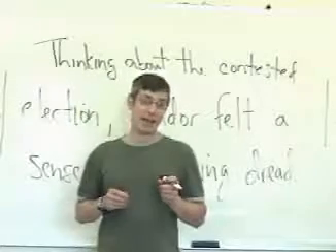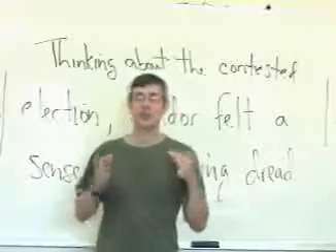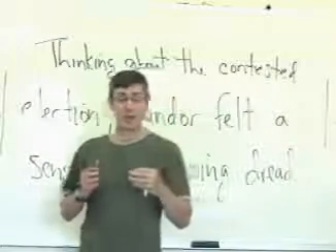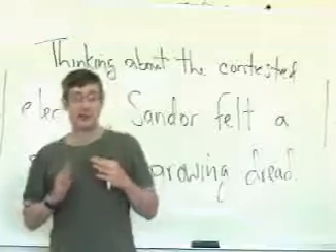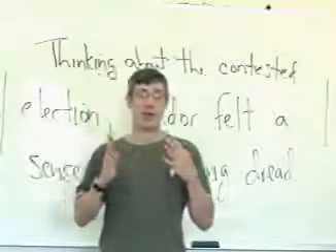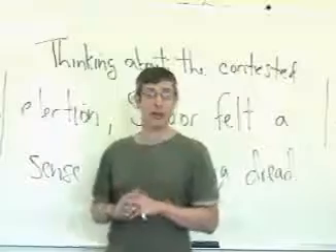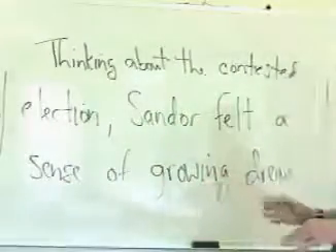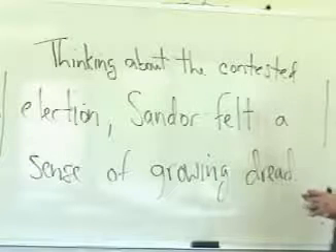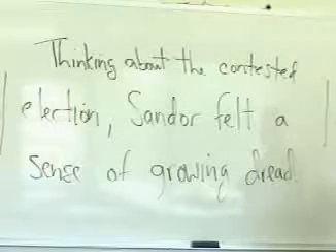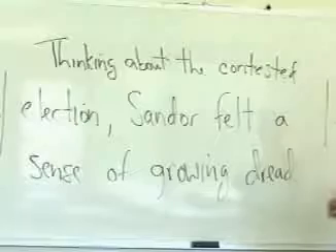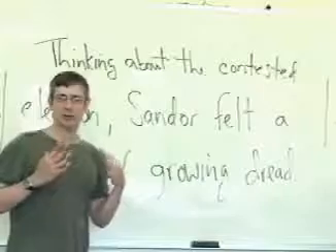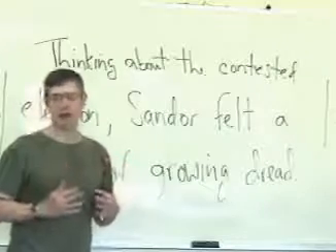The first thing we need to understand about English sentences is what a verb is and what a verb isn't. That is, we have to be able to identify the verb in the sentence, otherwise we can't really talk about anything else that's going on in the sentence. So if I were to present you with a sentence like this: Thinking about the contested election, Sandor felt a sense of growing dread. And if I were to ask you to identify what the verb or verbs are here,